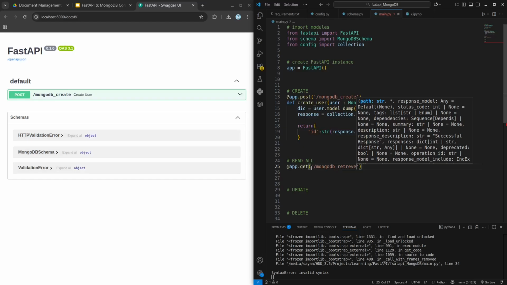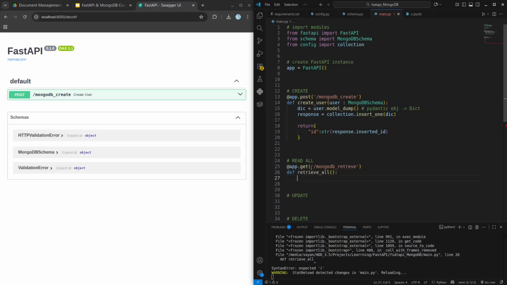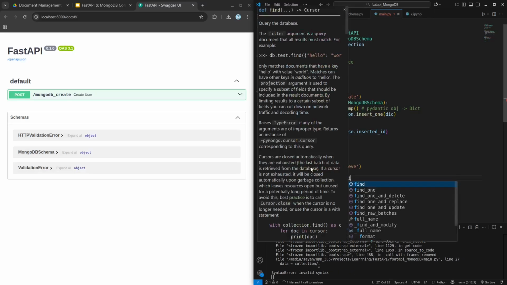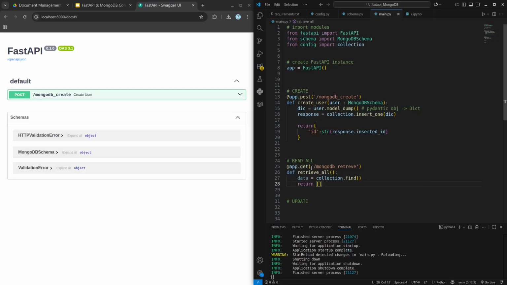MongoDB retrieve. Def retrieve all. Data is equal to my collection dot find. Now I have to return the